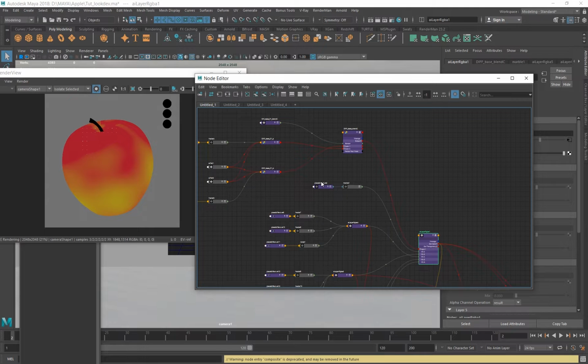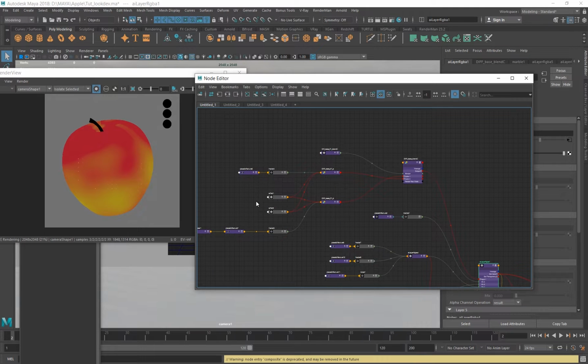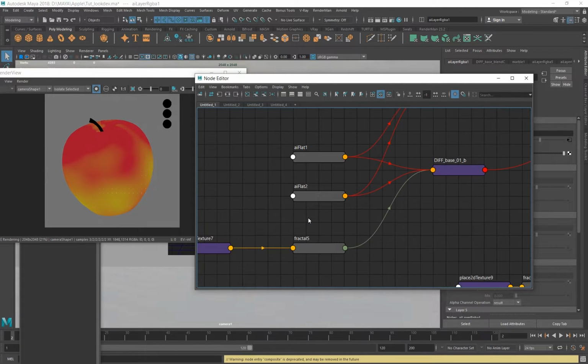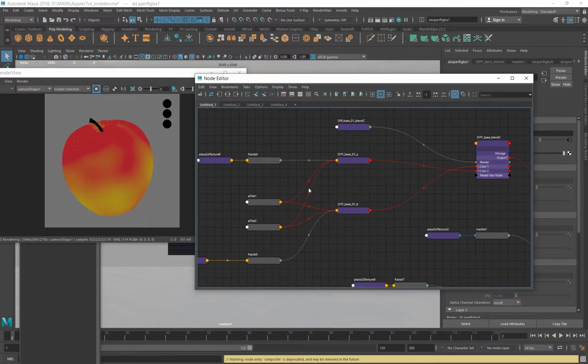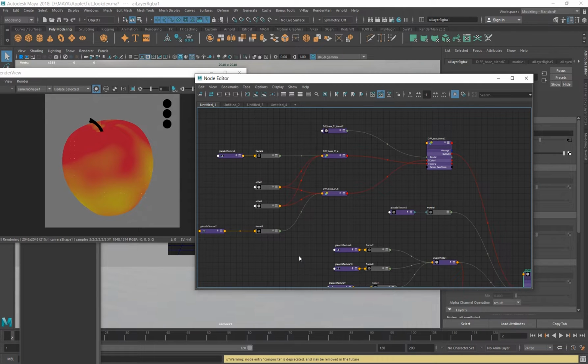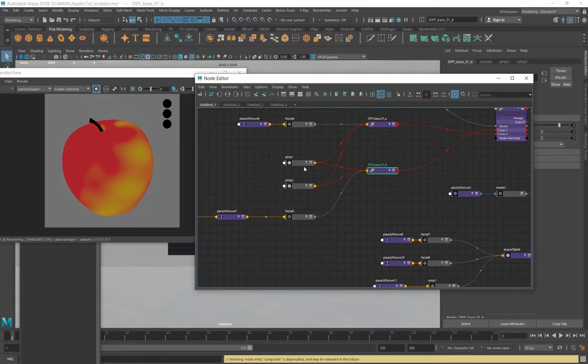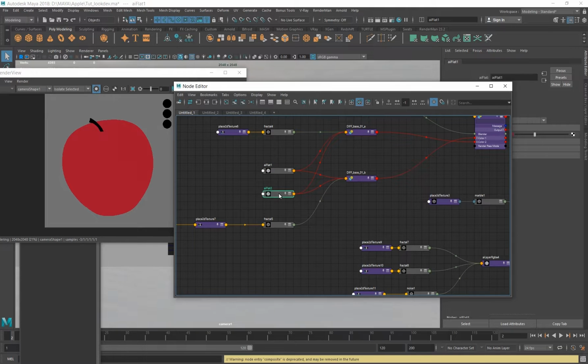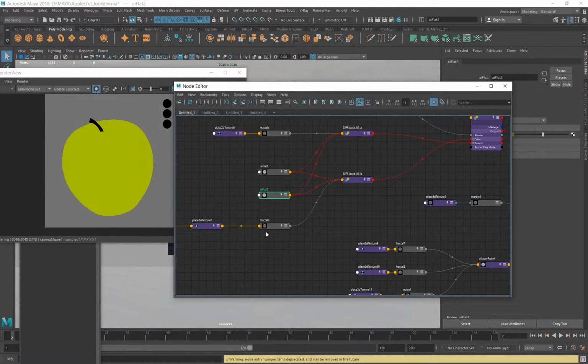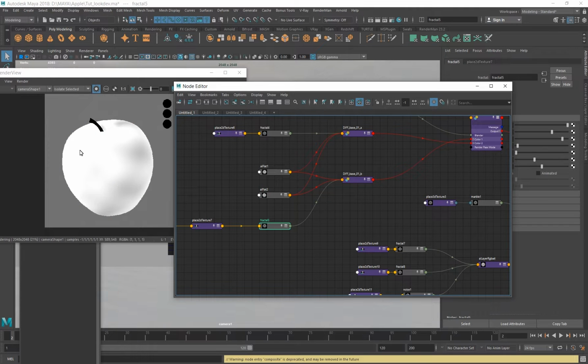with a bunch of nodes like fractals and flat colors. So how this is coming: I have created two AI flat nodes which have the two different colors, green and red. Then I have a fractal node.